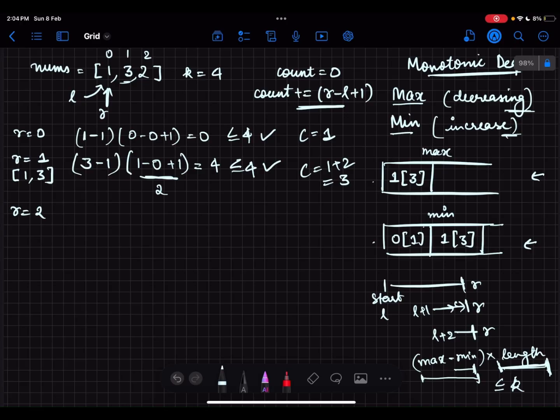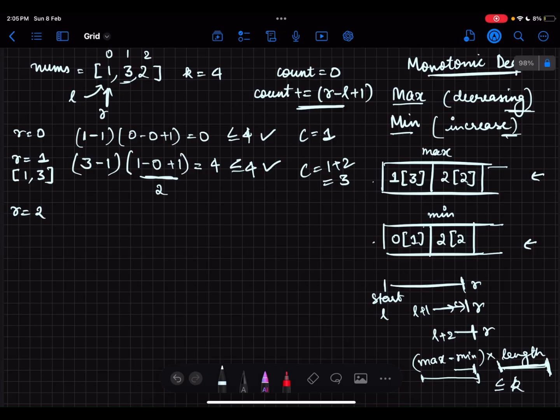to 2, we check the max DQ first. Remember, we need to keep it strictly in decreasing order, so we check from behind. The value of 3 is not less than the value at position 2, thus we simply push our current R value. We check our min DQ from behind. This needs to be strictly increasing, thus any value bigger than 2 needs to be popped off, and since 3 is bigger than 2, we would be removing 3. We then again check the topmost value. It's 1. Since 1 is less than 2, we do not pop it